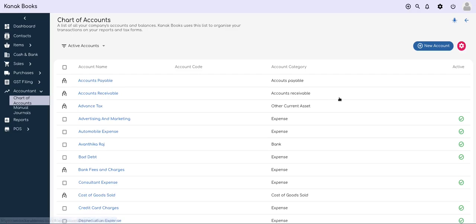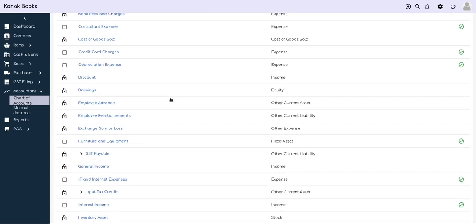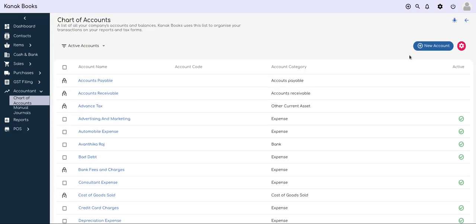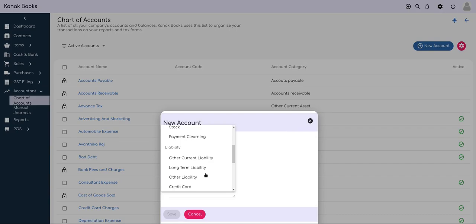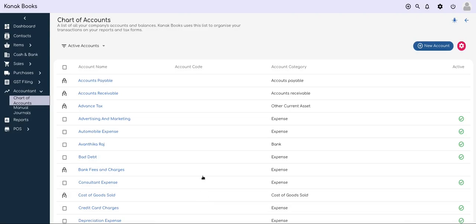In chart of accounts, you will be able to add, remove or modify accounts as per your requirements. You might want to visit this section before you start using the application. It will be useful if you want to have other accounts rather than the default ones provided by the application.